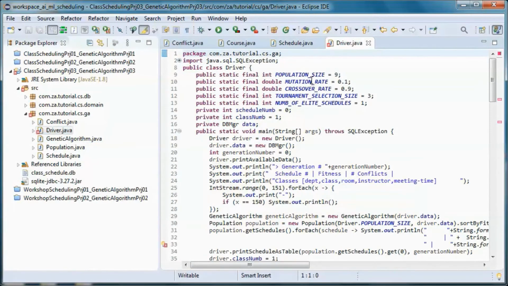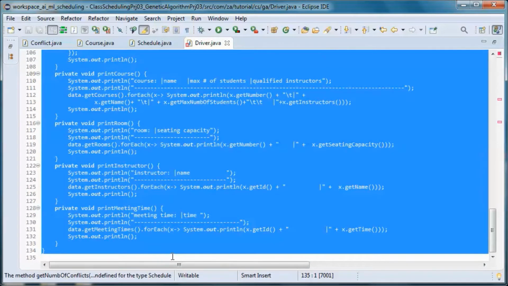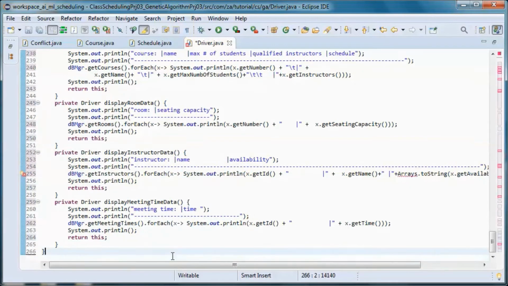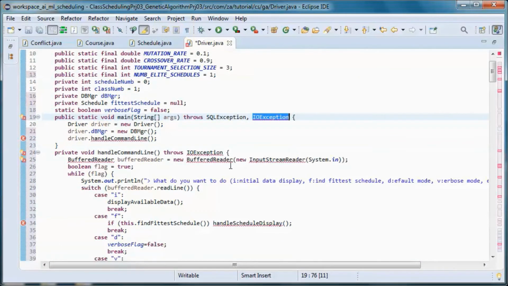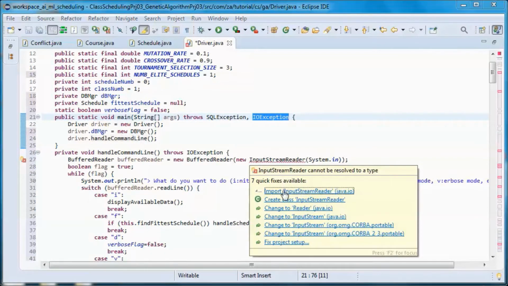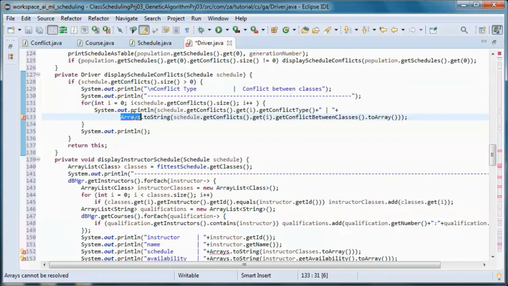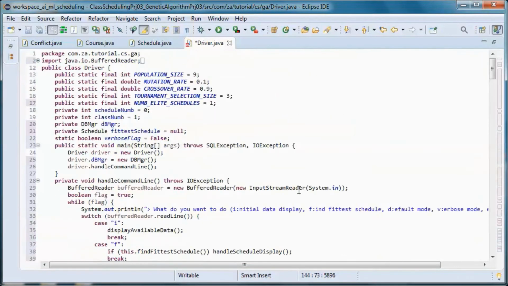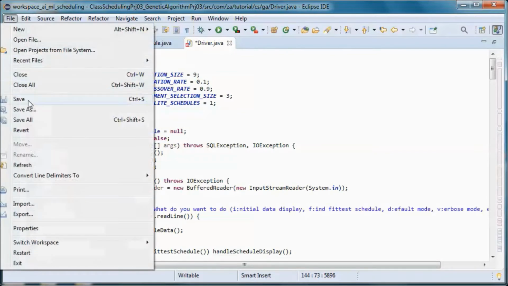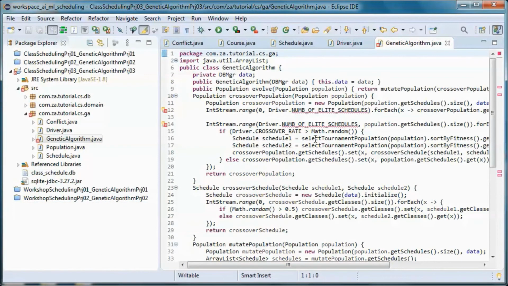And let's update this driver class. And let's go here.